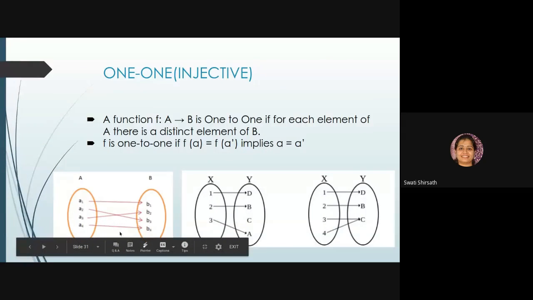Okay, fine. So let's understand these diagrams also, and how they are one-to-one and when they are not one-to-one. For this first diagram, A is mapped to B1, A1 is mapped to B1, A2 to B3, A3 to B2, and A4 to B4. All of them have distinct mappings in B. So this is a one-to-one function. Now, is this one a one-to-one function? Can anyone tell me? C is not mapped to any of these elements, 1, 2, 3. So is it still a one-to-one function?